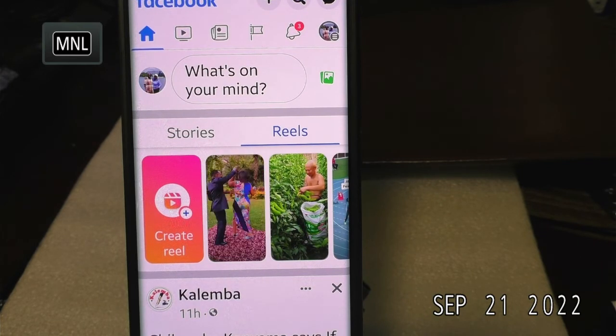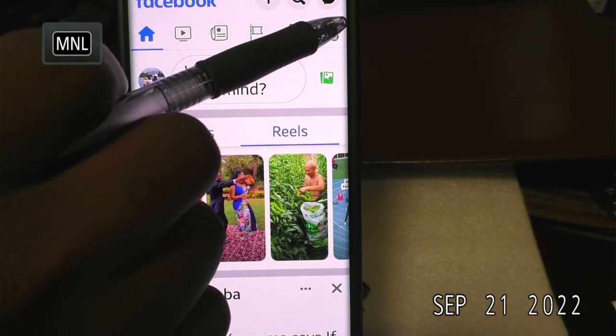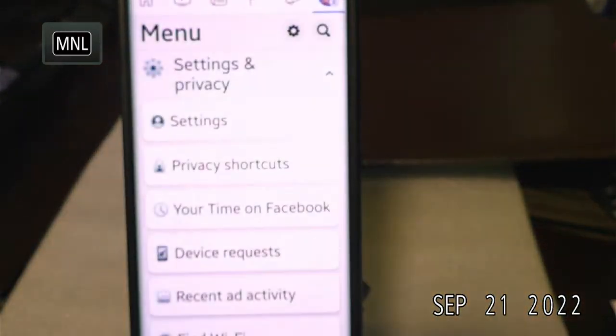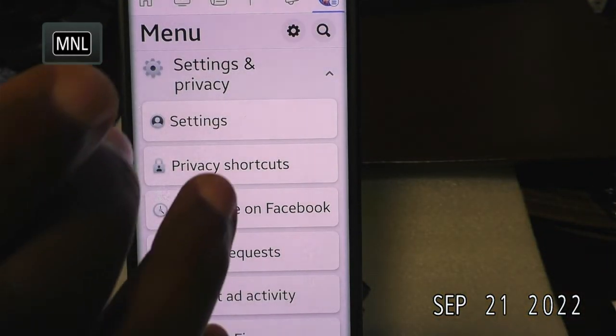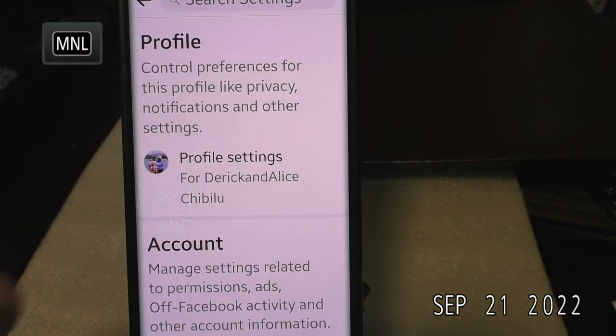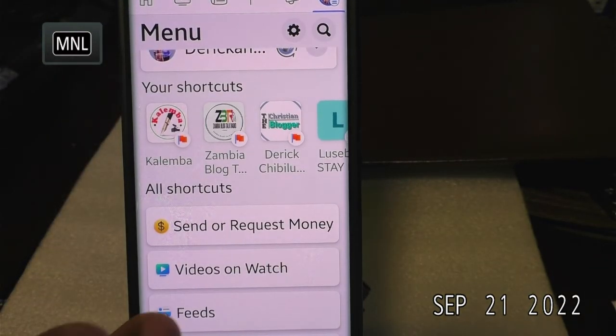This is my actual Facebook on the phone, but I'm not going to go into settings, I'll just show you where to go. You go to your profile, and it opens up settings. You go to settings, and it brings you here.